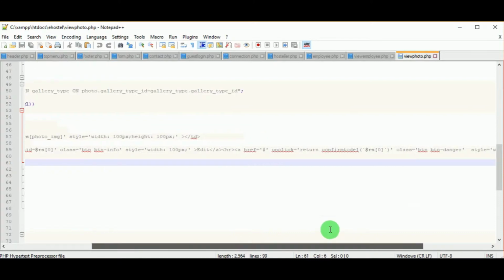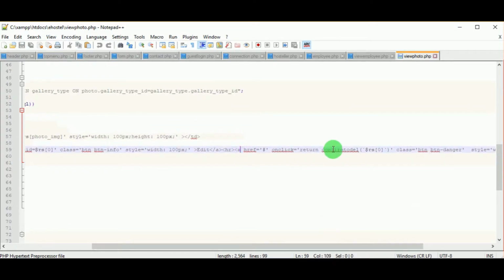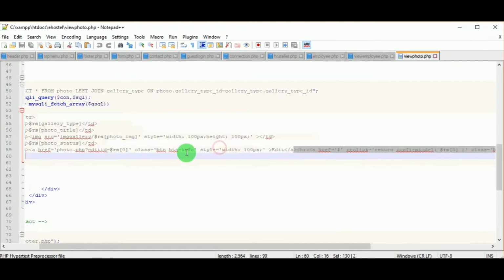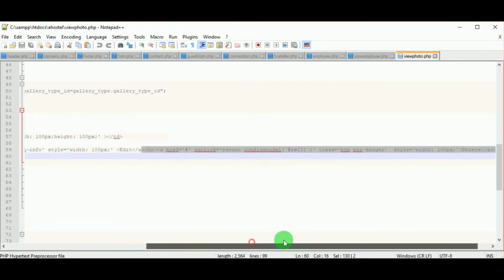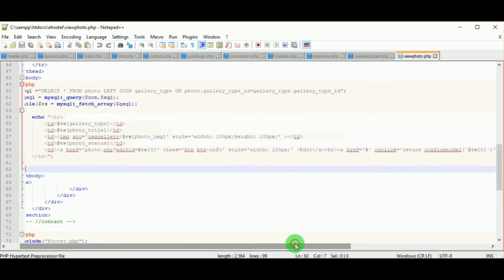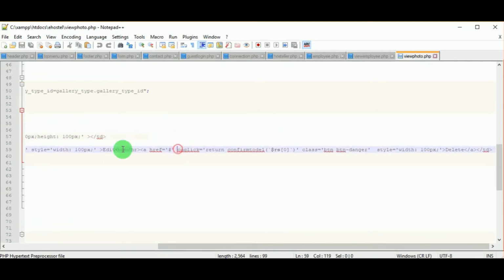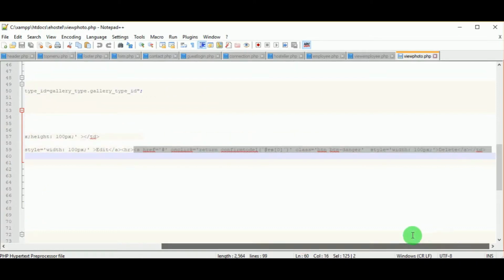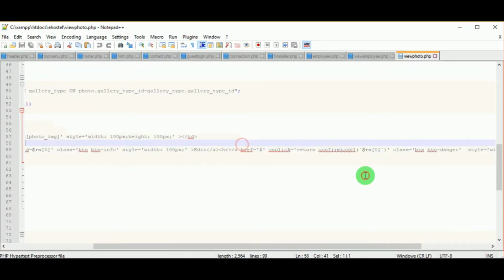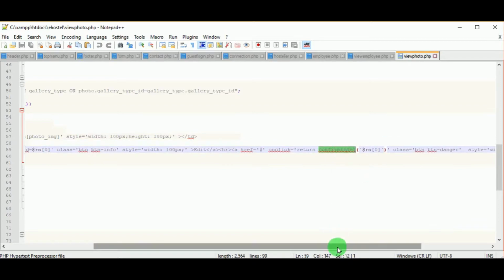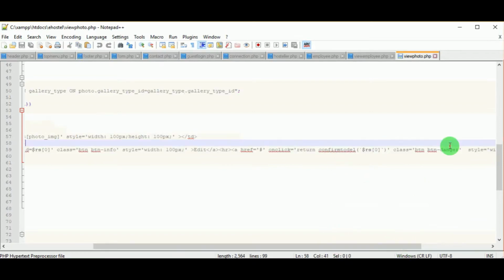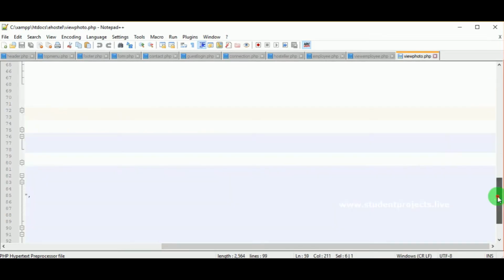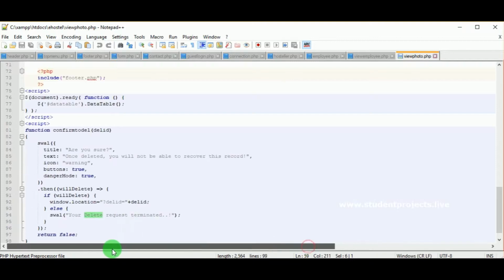And next is the delete button. We saw how the delete button works. It will invoke the confirm to delete function, and using that it will delete the data. For delete you have onclick. Onclick means when you click, this function should be called. The meaning of onclick is that when you click on that particular button, the confirm to delete function should be invoked. That is how the delete will work.